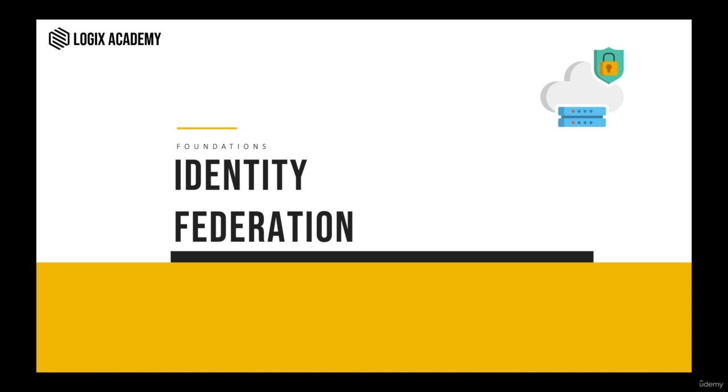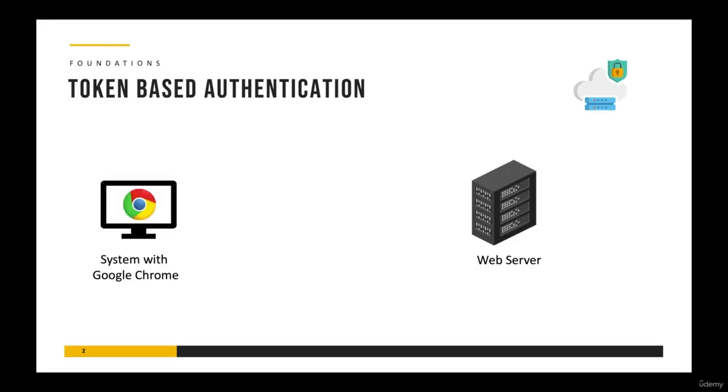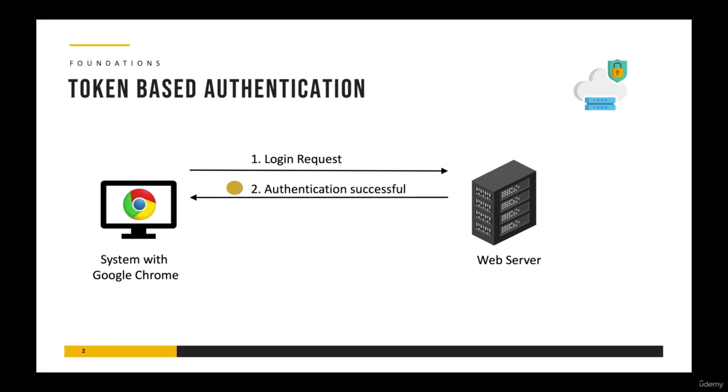Identity Federation provides the framework under which two different entities can establish trust relationships so that you don't have to create multiple redundant accounts. Before we delve into details of how Identity Federation works, let's first see how traditional token-based authentication works. So let's say you are a user, you want to log into a server, so you send your credentials, and if your login credentials are approved, the server creates an authentication success reply message and includes a token